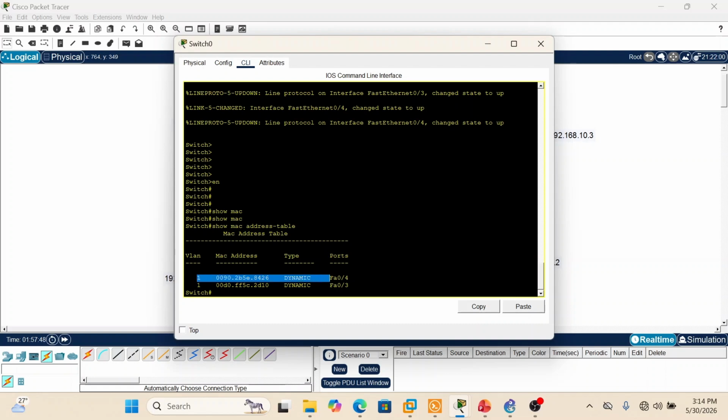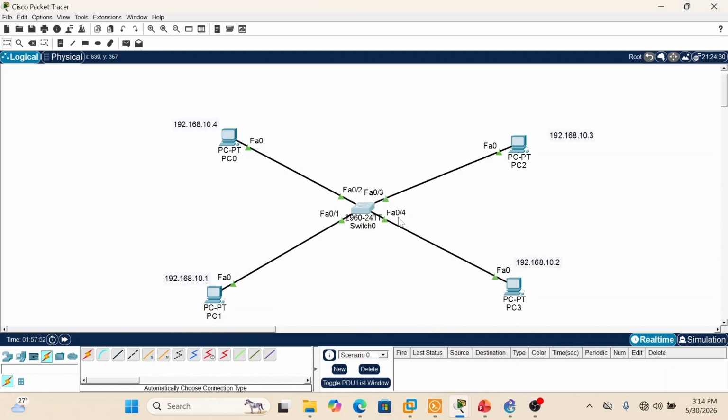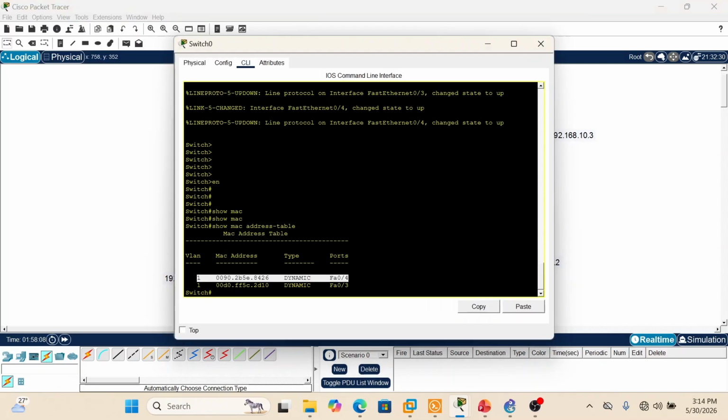009.2b5e.8426. This was learned dynamically via FastEthernet 0/4. So FA0/4 ni hii hapa interface ya FastEthernet 0/4. So this interface FA0/4 imekuwa connected direct to PC number 3. So the switch used to learn the MAC address for the first time of this PC via hii interface ya FastEthernet 0/4. Then ikaja pia ikalearn another MAC address ambayo ni 00D0